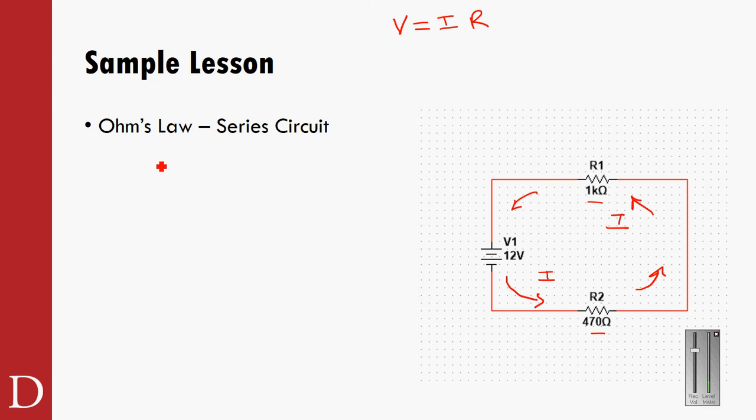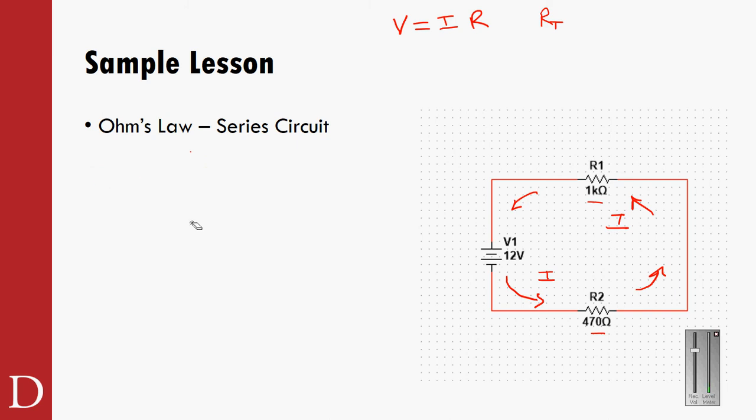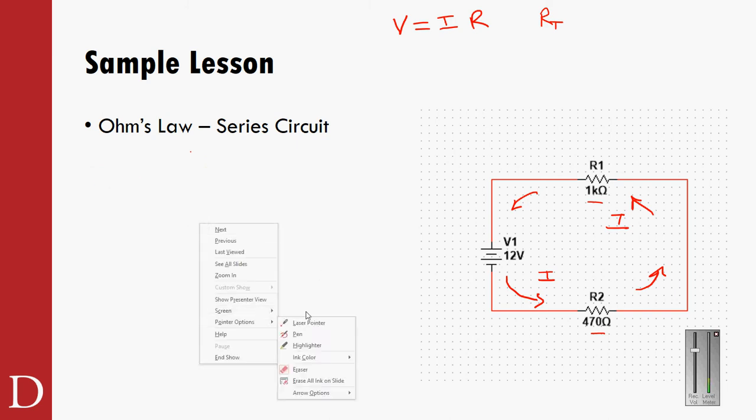Let's say my big thing that I want to know right now is what the voltage across R1 is. There's several ways I could get there. I could do that as a proportion of R1 to the total resistance times 12 volts. I'm going to do it a little bit of a longer method. I'm going to calculate some other things first. I know if I know the current, I know the voltage, if I know the resistance, and so on and so forth. Maybe I won't say, let's calculate the voltage of R1. Maybe to make it a little bit more sound, let's start off with